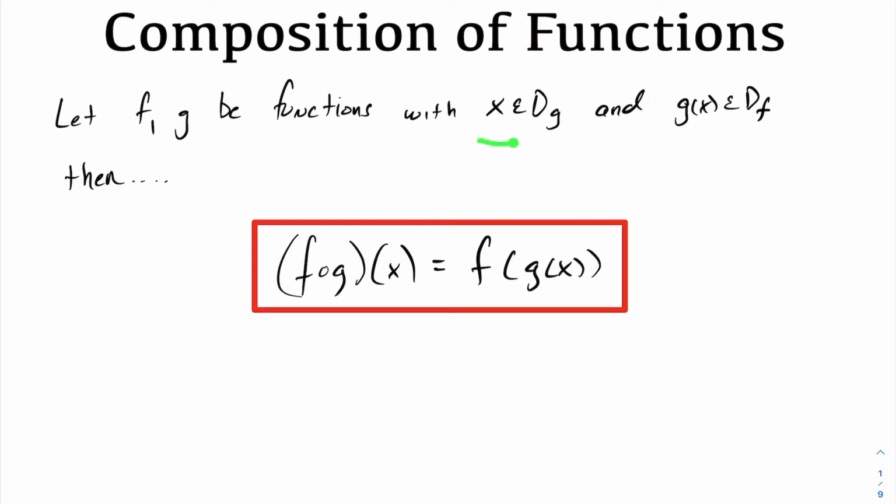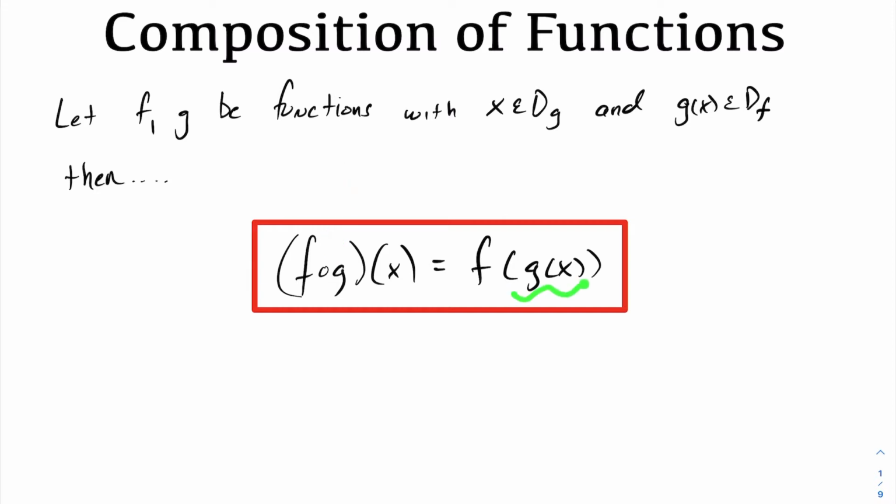So both of these conditions have to be satisfied, and you'll see why when we look at what the definition of composition means, why you need these two additional conditions on top of f and g being functions. So composition of functions notationally looks like this. And how this works is this is read as f composite g. This is your composition symbol. It's not a zero. So f composite g acting on x by definition is the function g acts on x